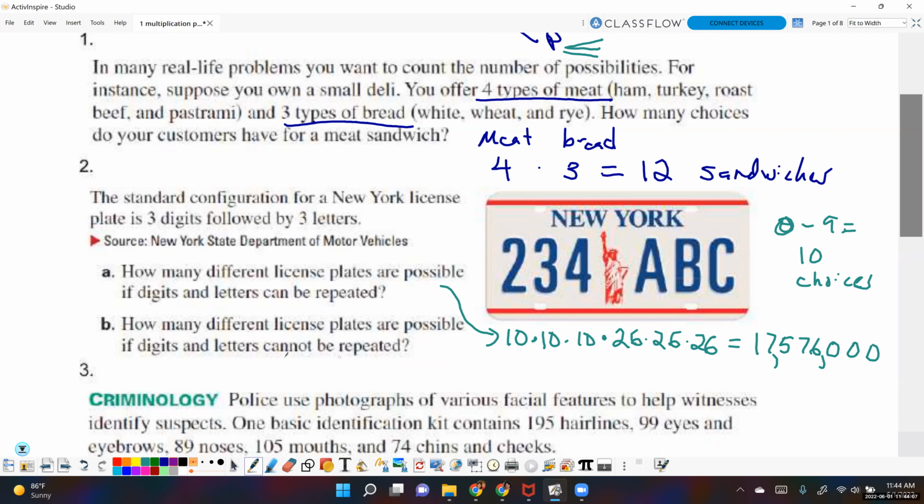Well, that means for the first digit, there are 10 options, 0 to 9. But then whatever digit I've used, I have to take that out. So now there's only 9 choices. Like, let's say we use 1. Now I can only use 0 and 2 to 9. And then I've used 2 digits, so there are 8 choices. Then when I get to letters, I start with all of them, but then I use 1 letter and I'm down to 25. And then I use another letter and I'm down to 24. So 10 times 9 times 8 times 26 times 25 times 24 is